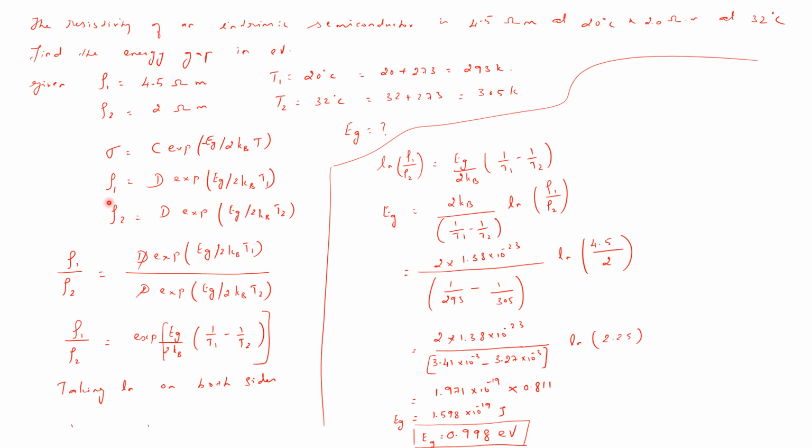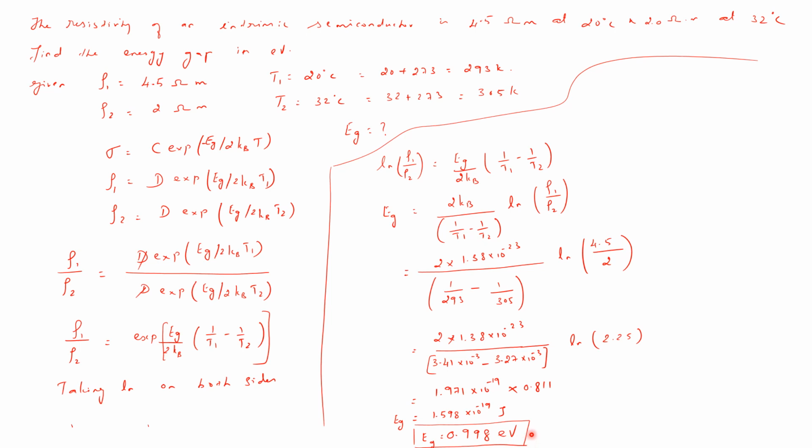Now take the ratio ρ1 by ρ2. Divide it, and the constant gets cancelled. So you get exponential of Eg by 2 kB, which is constant, so take it outside as common, times (1 by T1 minus 1 by T2). Substitute all these values. Then rewrite the expression for Eg by taking ln on both sides. So you get the final answer as